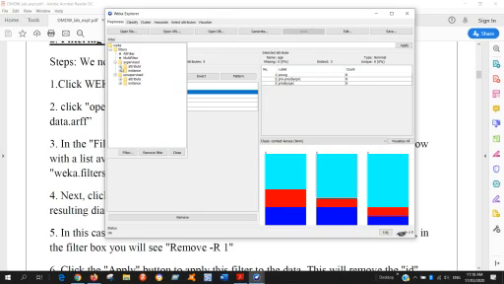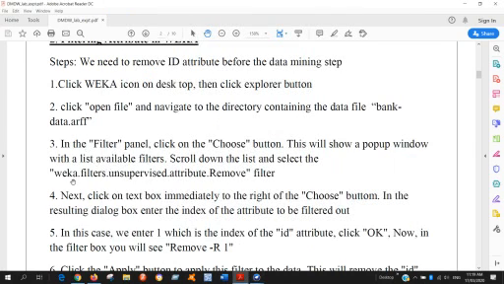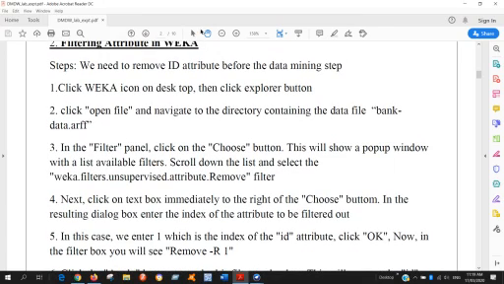Okay, so if you want to remove any attribute, you can go for the attribute. If you want to apply any filter of the attribute, you can go for the filter of supervised attribute. Suppose you want to apply removing attribute of unsupervised, so for that time go to unsupervised, go to attribute and choose which filter you want. But here in our program we are going to choose the unsupervised remove attribute filter.